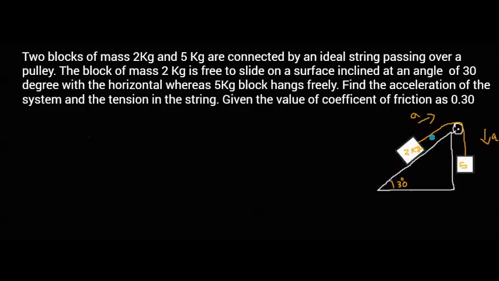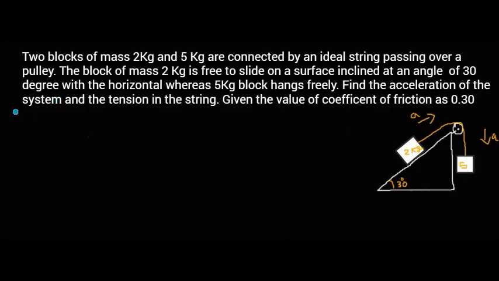So the only difference between this problem and the previous question is that here the first block is lying on an inclined plane. In the previous problem it was lying along a horizontal plane. That is the only difference. Here in the question they specified the string is ideal, so we have to assume that the system has the same acceleration and the tension of the string will be the same throughout. Right. So to do the problem, we first have to draw the free body diagram of the two objects. Let's draw the free body diagram.